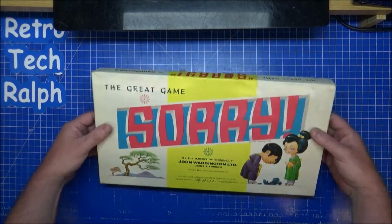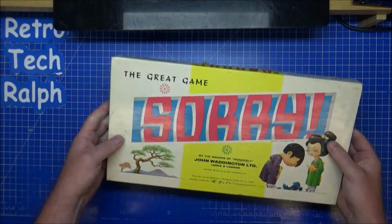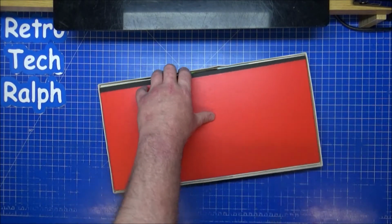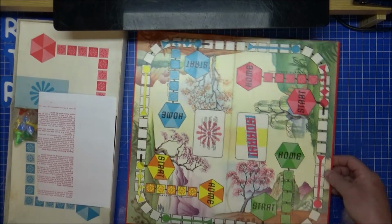I bought quite a few games quite a while ago and then just never played them. Yeah, I got the name of the original owner there. Nothing underneath. Now, this is going to be tricky because I don't know about this game. So, standard board, looks like a bit of a...